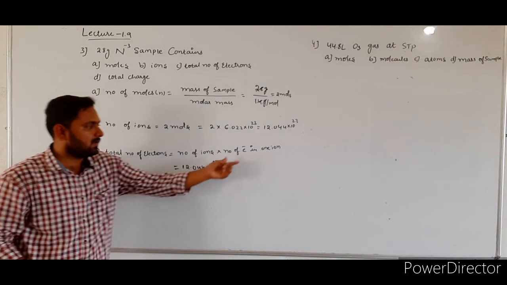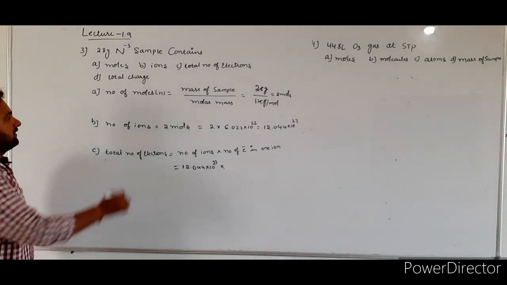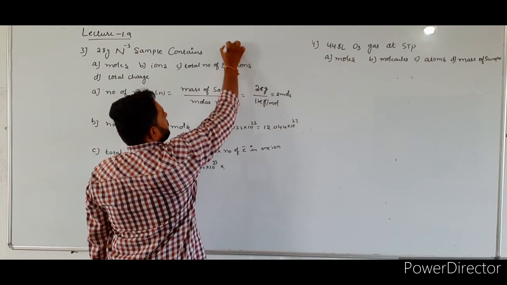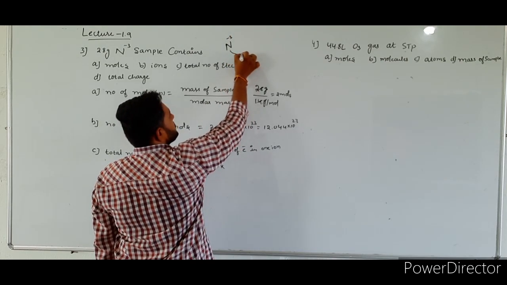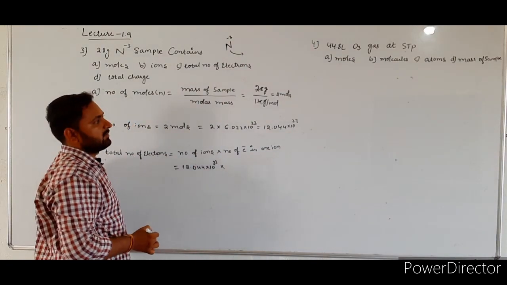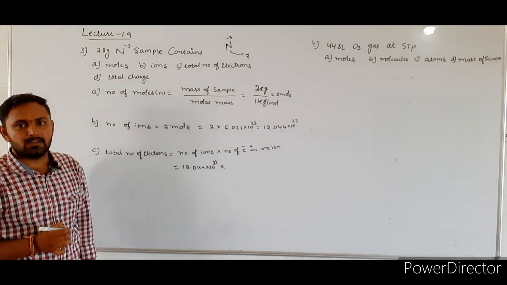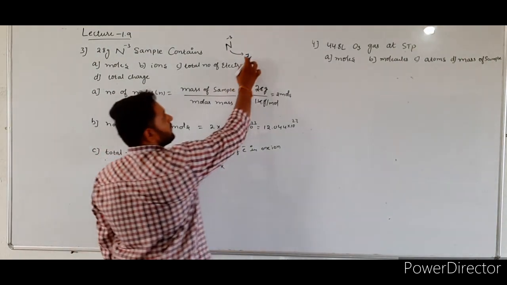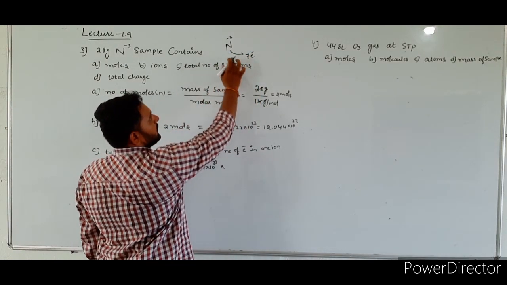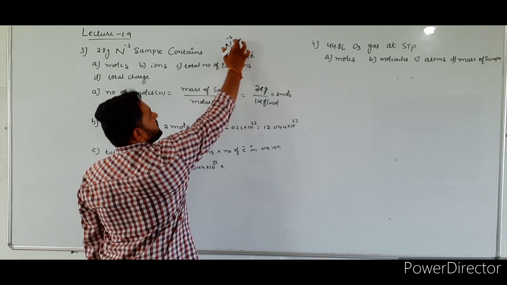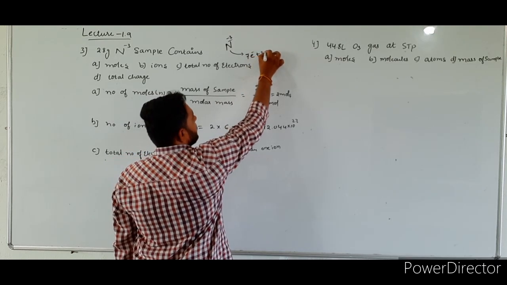Okay, then how many electrons are present in one nitride ion? What is the charge there? There is a -3 charge on the ion. Now, what is the atomic number of nitrogen? 7, right? The atomic number is equal to the number of electrons and number of protons. How many electrons are there? There are 7 electrons, because the atomic number is 7. But on the nitrogen there is a -3 charge. That means there are 3 extra electrons.